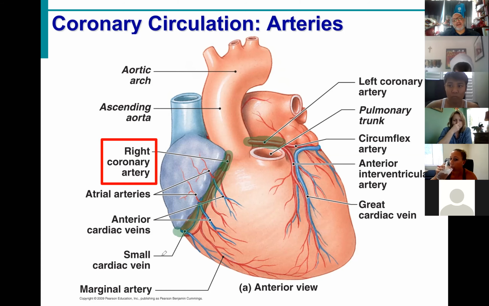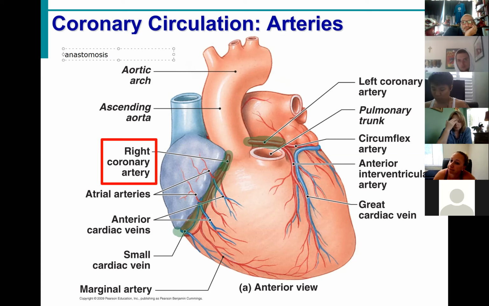All right. Now notice there are a lot of branches. There are a lot of anastomoses. That's a fun word we haven't talked about yet. Anyone know what an anastomosis is? No. An anastomosis is an elaborate network. One of the things we want to do, if you think of it this way, for this part of the heart right here,